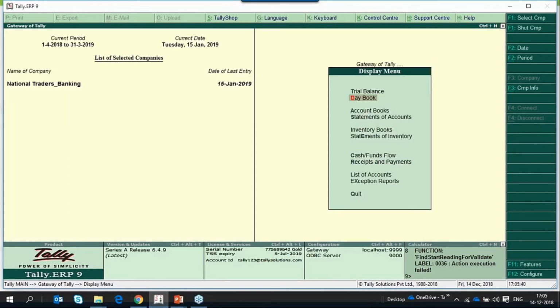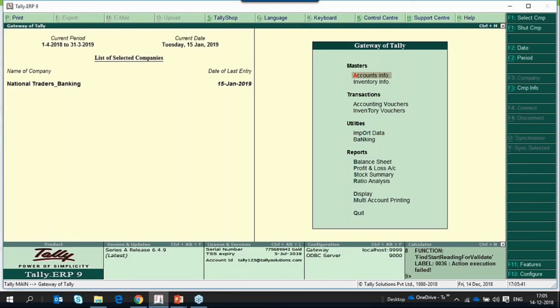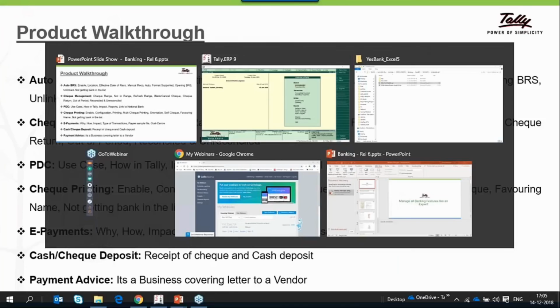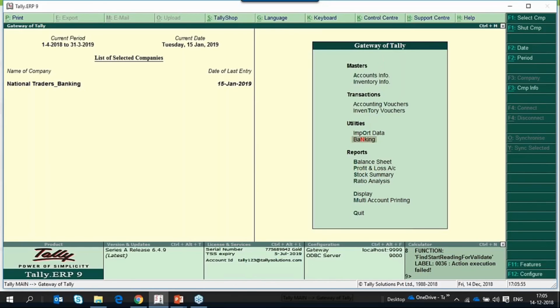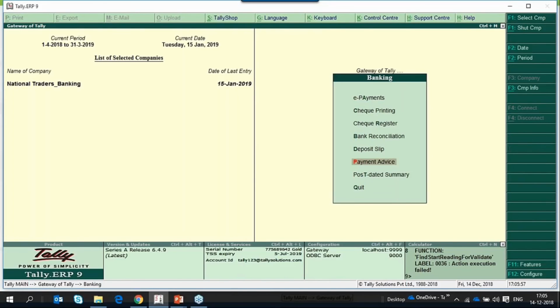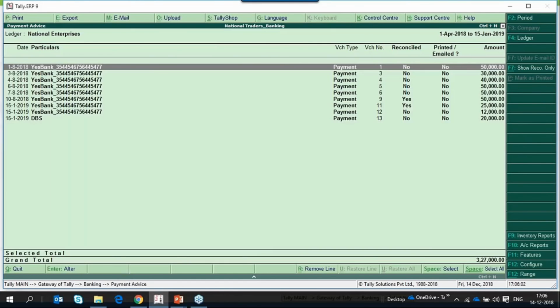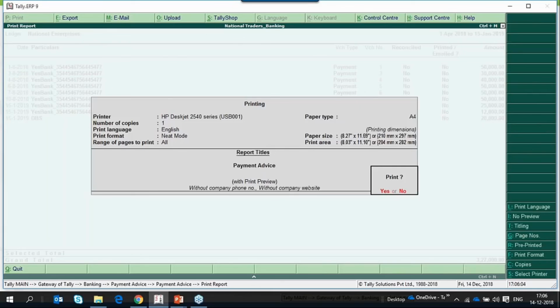And for printing payment advice, the business covering letter to vendors saying that you have made a payment using the bank or so-and-so reference, whatever it is. To print the payment advice, again you can go to Banking, Payment Advice, select the party to whom you have made the payment, and print the advice here.